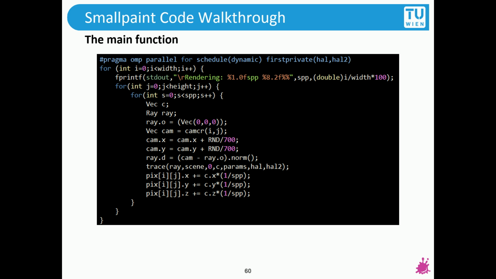Now, we obviously call the trace function. The number of bounces is 0, and we pass every piece of information that needs to be known in order to compute these bounces. So we provide this initial ray and the scene and everything else. Obviously, we also pass the C, and this is going to collect all the radiance there is in the subsequent bounces. And then, after this recursion is done, we deposit all this energy, all this radiance, to the individual pixels,